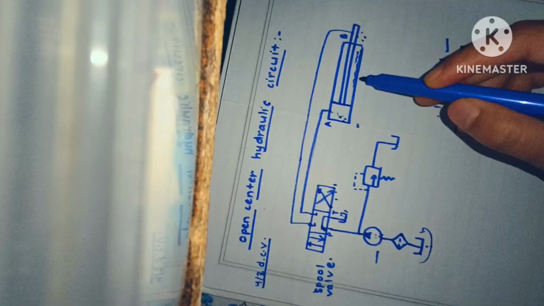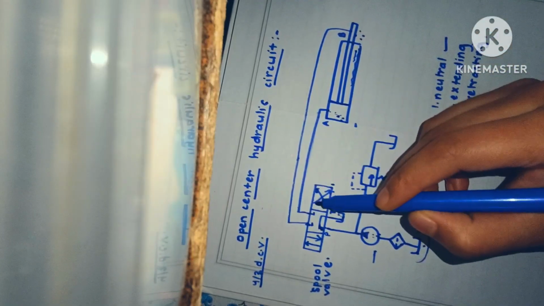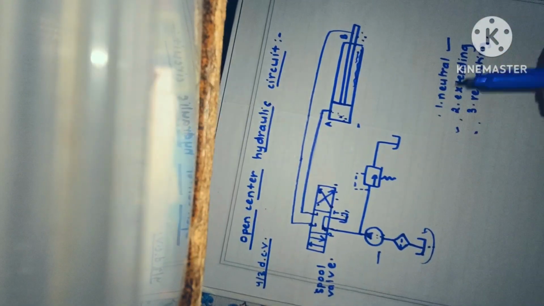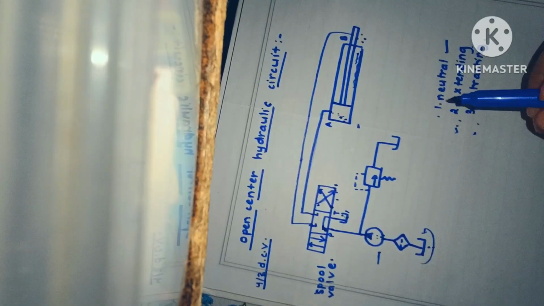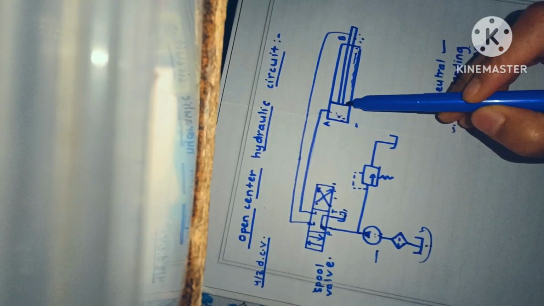from here the fluid moves back to the spool valve through this way, and then it will be back to the reservoir. So extending position is this. And when the piston reaches the topmost position, that is, this piston will move to here,